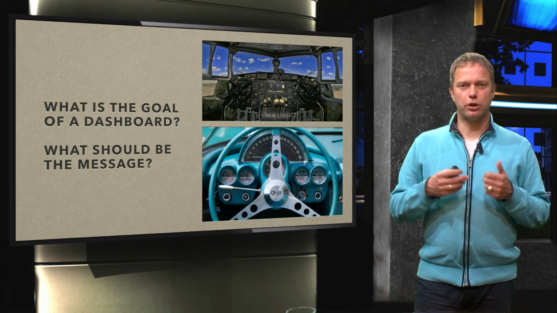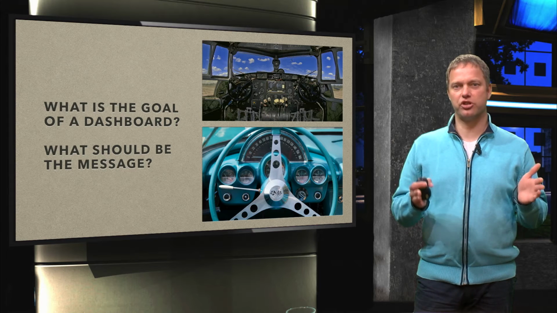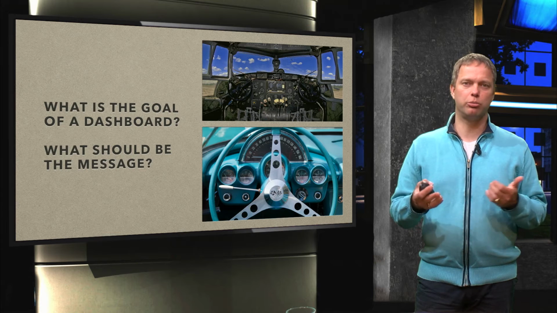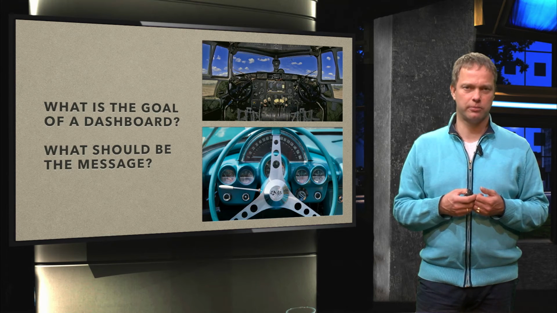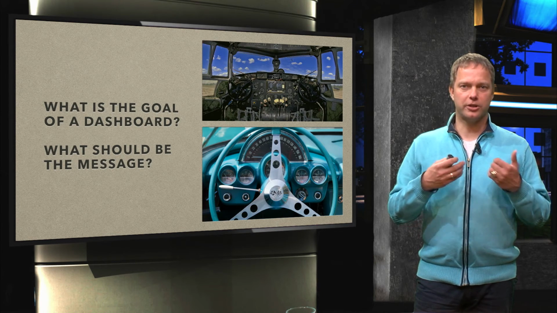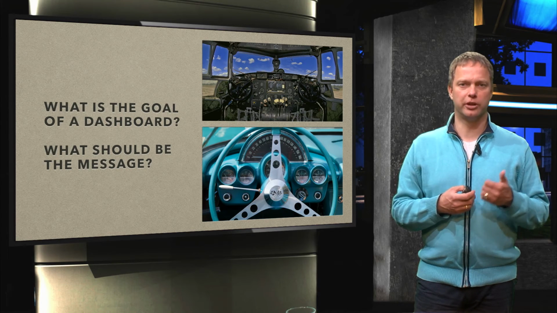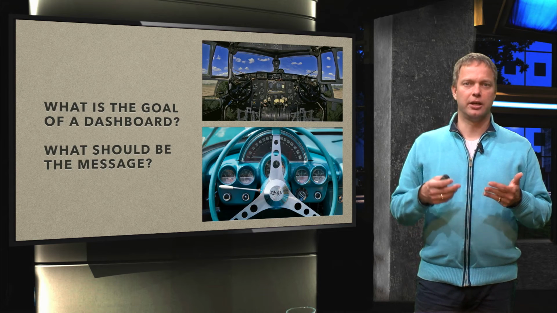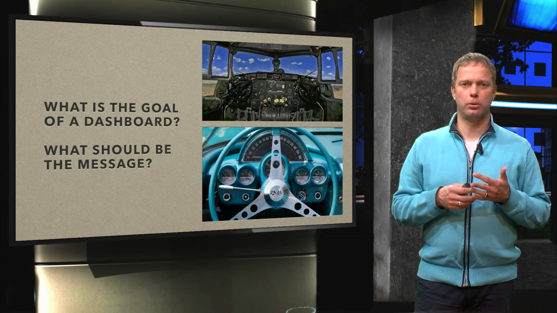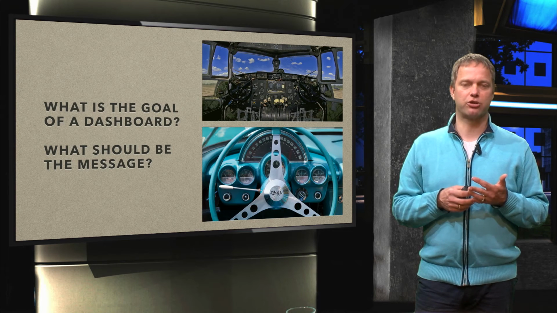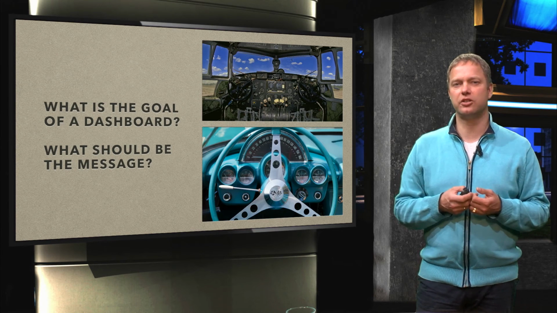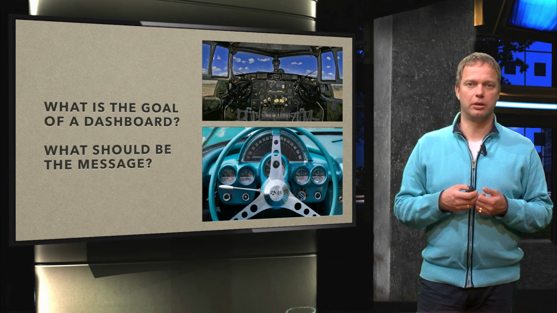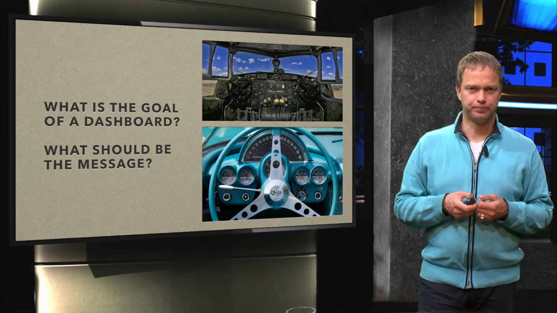And if you're going to design a dashboard to present your quantitative data, you should ask yourself the same question. Who's going to sit behind my dashboard? And what is he or she going to control? Will that be an organization or a process or a research project? And if you know what has to be controlled, next question is, what kind of information do I need so that I really can control my organization or my process?